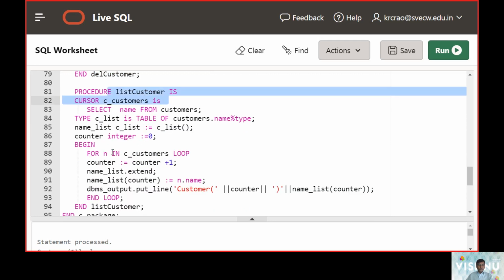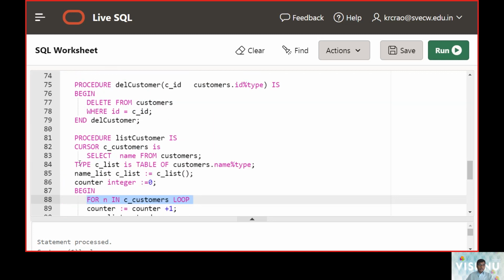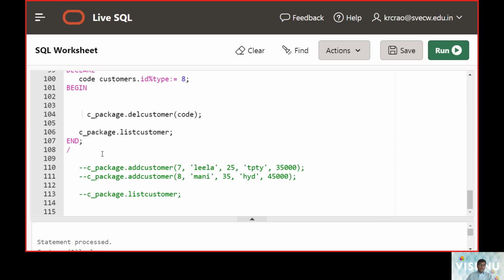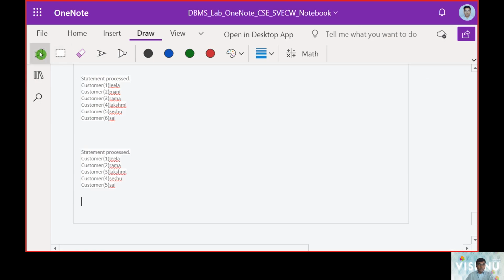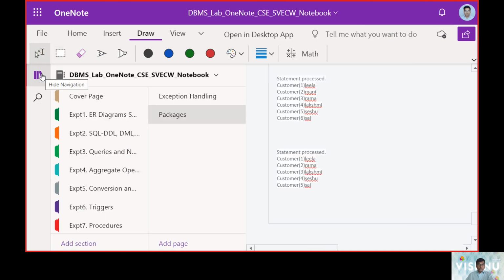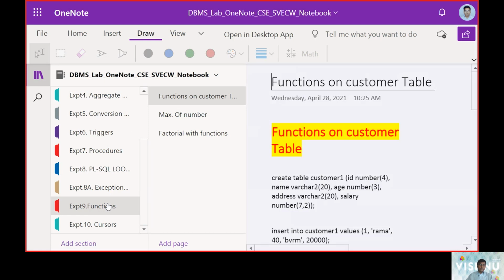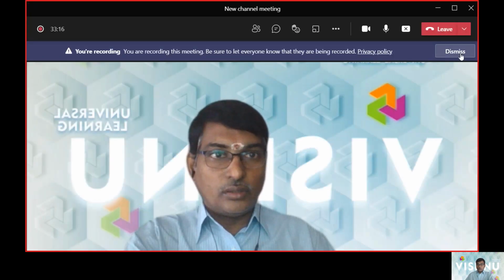And for listing, we used a for loop to display it, and implicitly we have taken up the cursor also. And finally, we are calling the items in the main body. So that's how we went with package creation. This is all we learned regarding packages. In our next item, we will discuss experiment number 9 to demonstrate function operations. So that is all for this lecture.